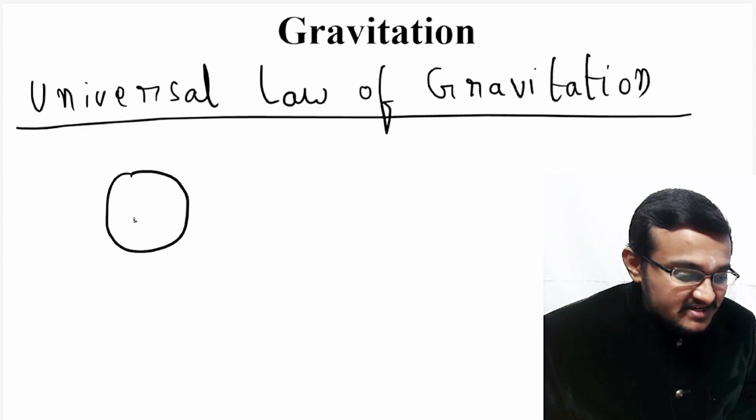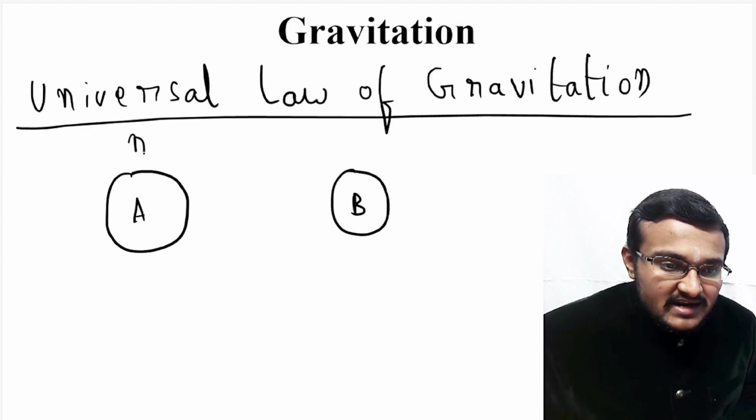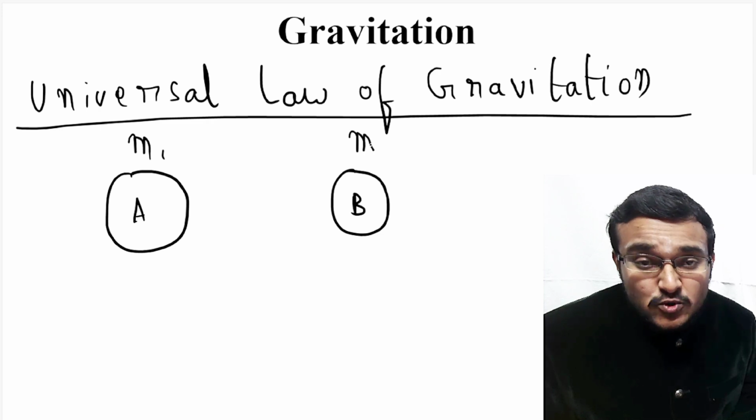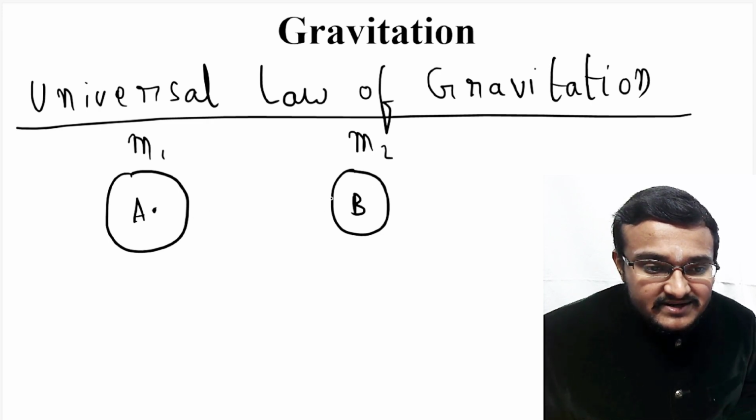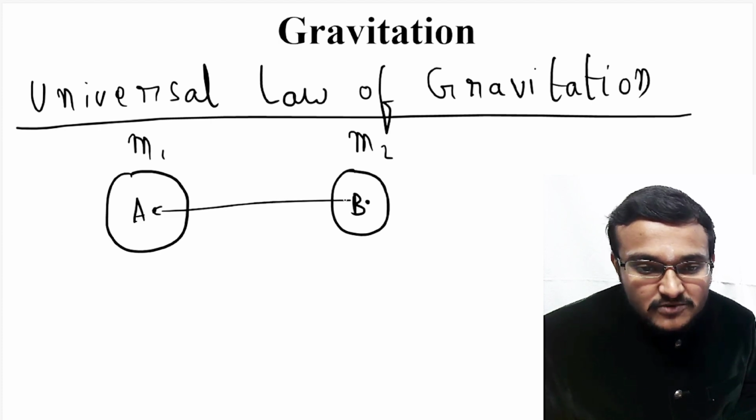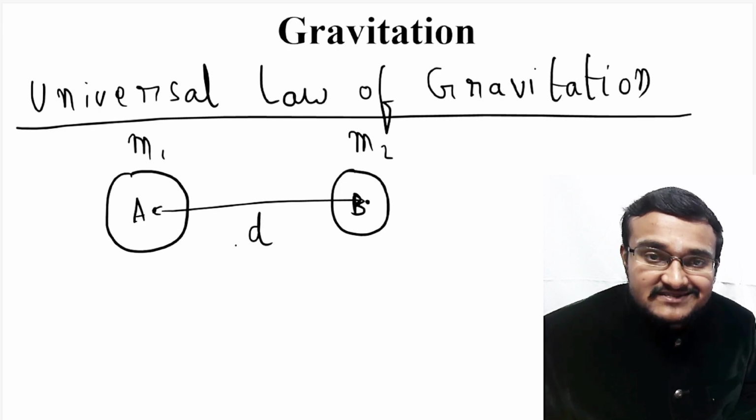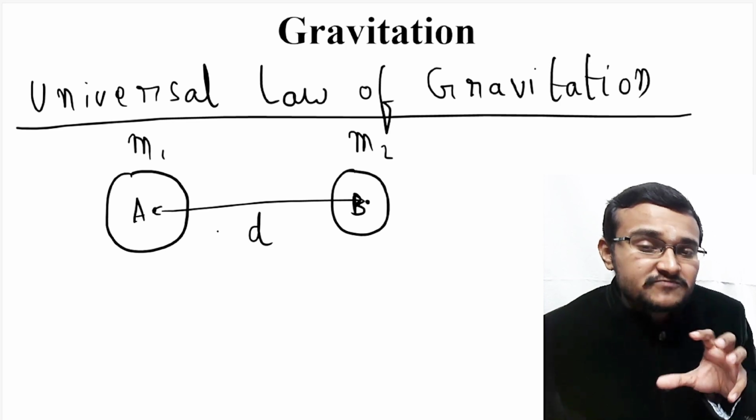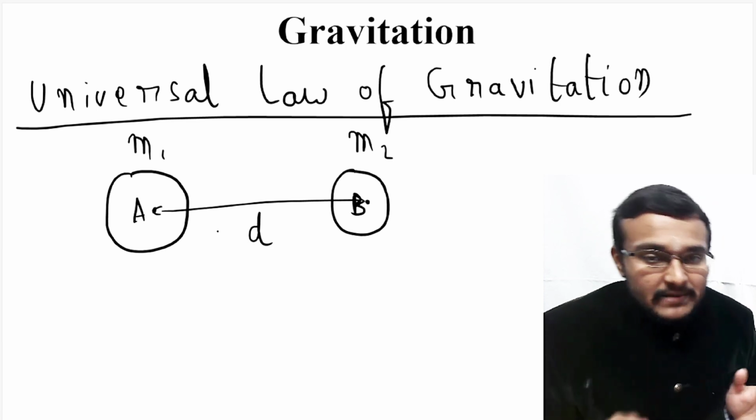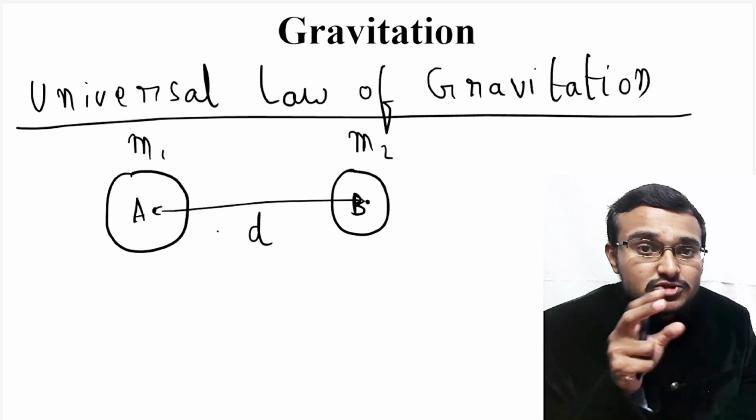So if you consider object A and object B, and if you consider m1 and m2 as the mass of these two objects respectively, and if you consider the distance between the centers of these objects as d, then the gravitational force acting between the two planets will be directly proportional to the product of